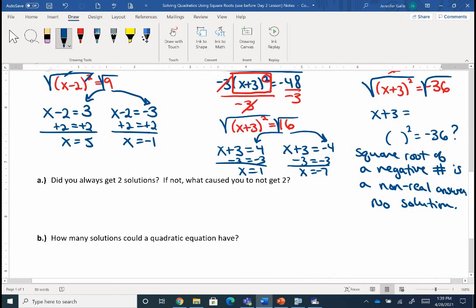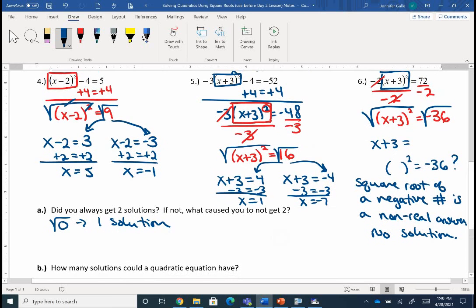So, do you always get two solutions? The square root of 0 gives us just one solution, and that's always going to be the case. If you go to solve and your final step is to take the square root of 0, you're only going to end up with one solution. But only if it's your final step. If you've got something like (x + 3) squared equals 0, you're going to end up with more than one. But the square root of 0 can give us one solution. And then number 4 can give us 2. Number 5 gave us 2. But then number 6, though,